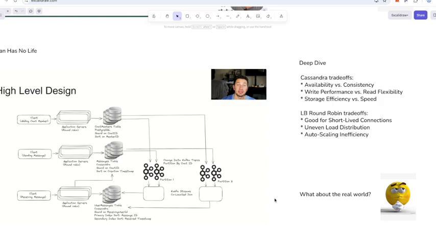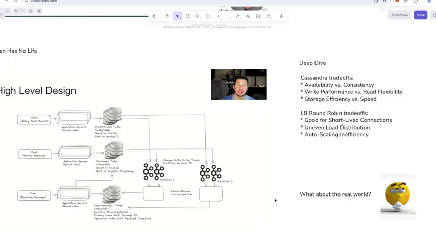If a new server is added to this cluster, round robin will not immediately fill it up. It only sends new connections to it in turn, leaving the new server underutilized while older servers remain overwhelmed.